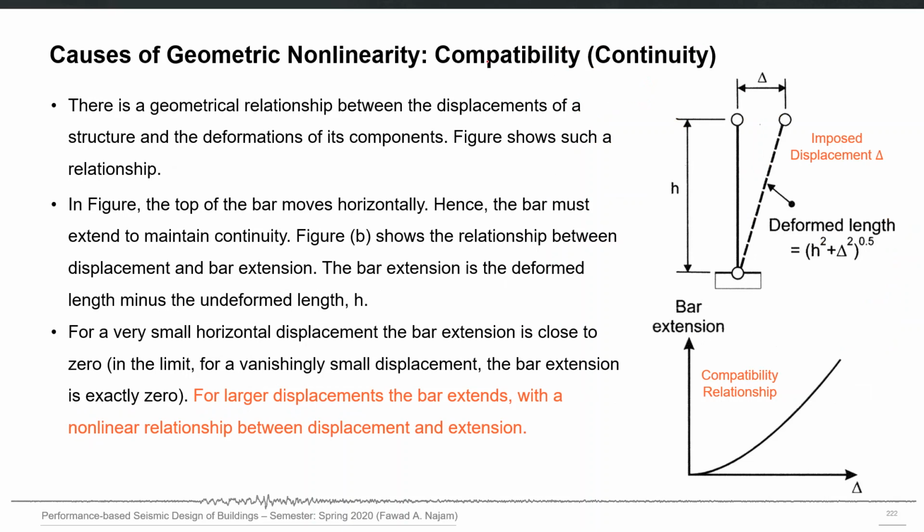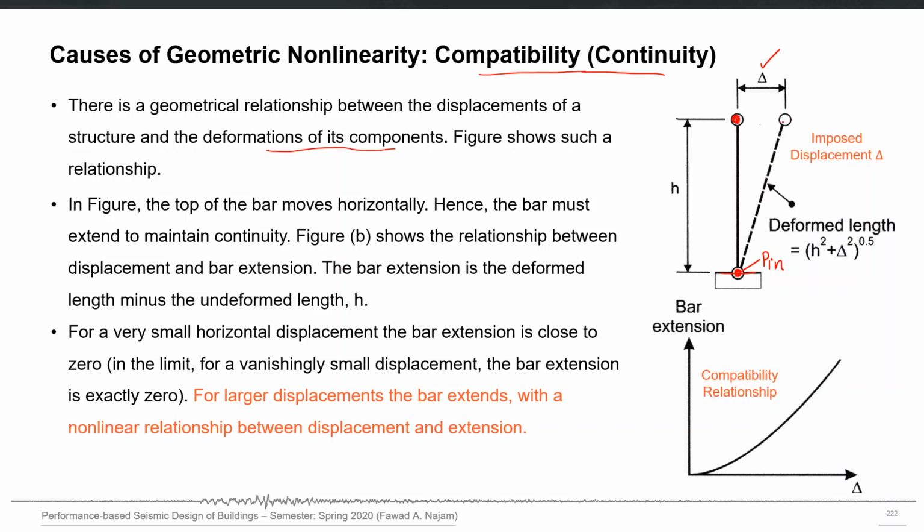Another cause or reason for the geometric non-linearity is the compatibility or continuity. There is a geometric relationship between the displacements of a structure and the deformation of its components. So for example, you have this deflection here. This is a structure which is pin supported at the base. So this is pin, this is the free end, and under any applied loading it, let's say, deforms with this delta deflection. So this imposed displacement delta will result in some element deflection as well as the deflection at the